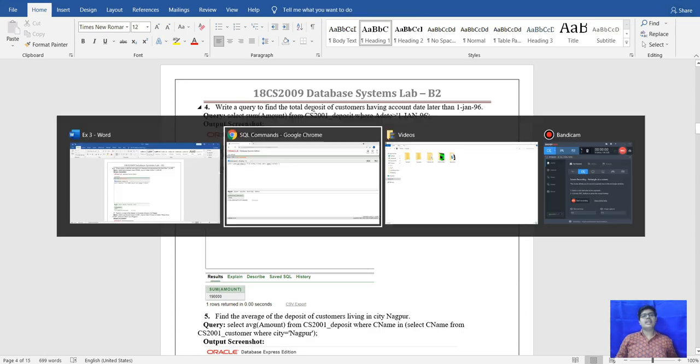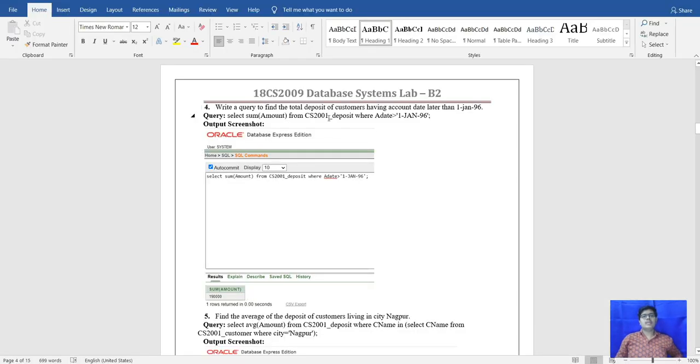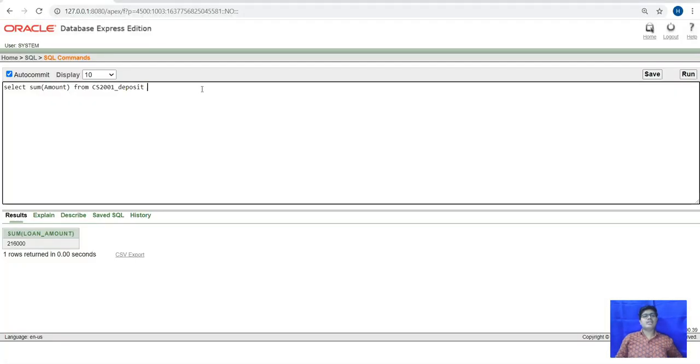We go to our database and select the sum of amount from deposit where a date is greater than 1 January 96.